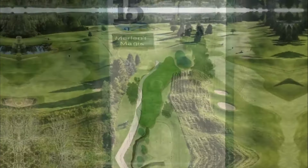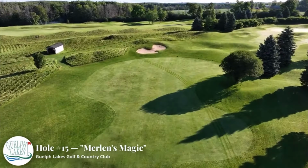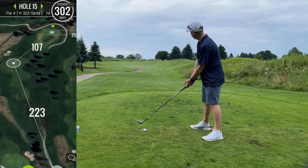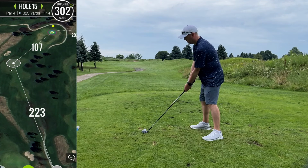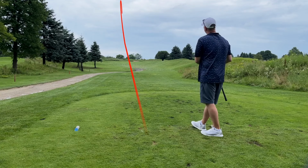And hopefully this is a good reminder that when you are golfing, it's nice to have a game plan, but you need to be willing to adapt. It's important to let the lie dictate what you're going to do for a shot. And on a hole like this, you also need to let the course layout dictate what you choose to do. It's a sharp dog leg right, so I just decided to lay out to the middle of the fairway with my 5-wood,